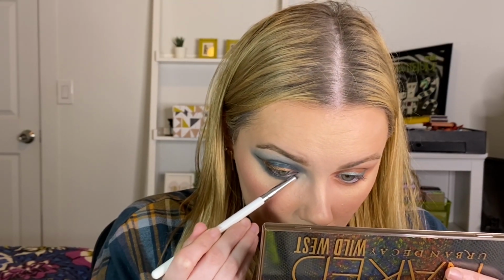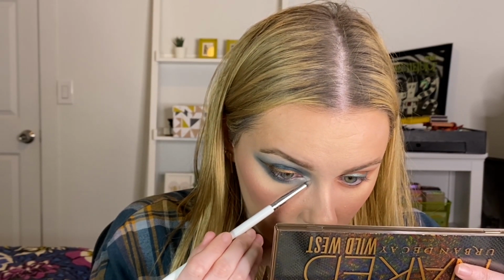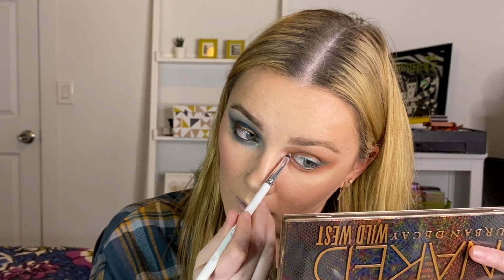Okay, so now inner corner, and then we're done. Okay, so inner corner. I think I might just take Cowboy Rick for both. This is the silvery shade, but I feel like this is the lightest shimmer in the palette. I don't think it'll look weird with either one, so. Okay, and now we're just gonna spray